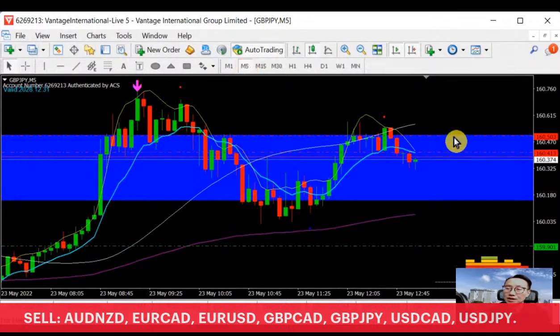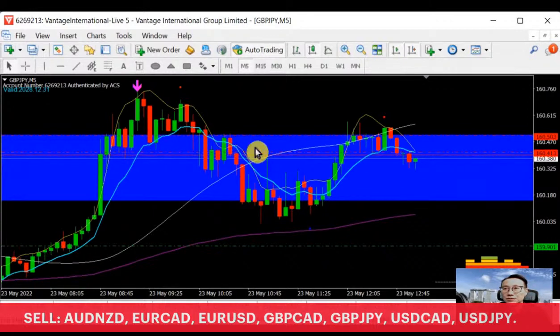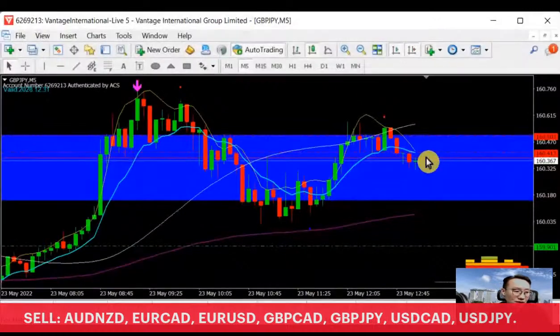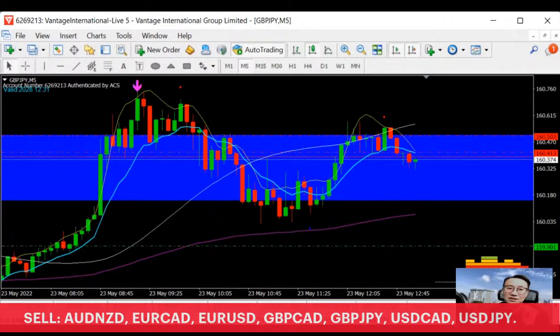Let me recap again. This is the previous support, all the way until here, tested and broken. So this is now the resistance level, and we are going to retest the resistance area here. Once another selling comes, that will be a good entry point to sell. But remember, this is a retracement, so scalp it and keep your profit, to make your first day of the week a profitable and happy one.